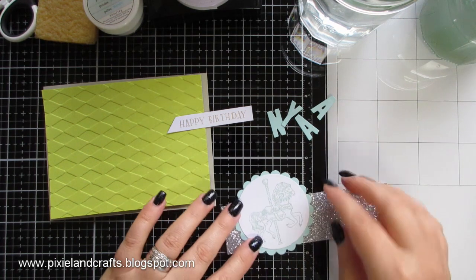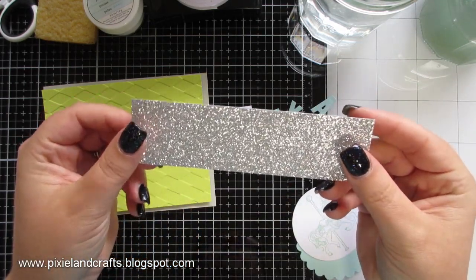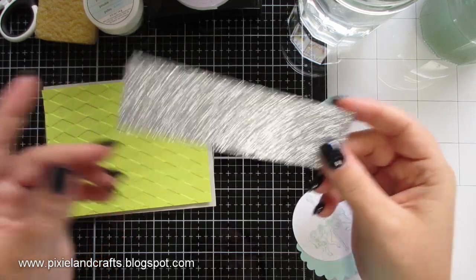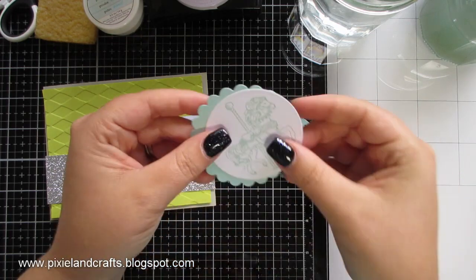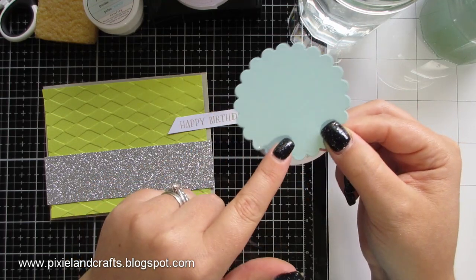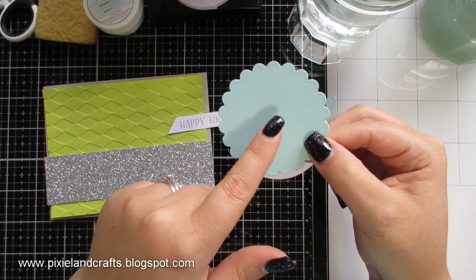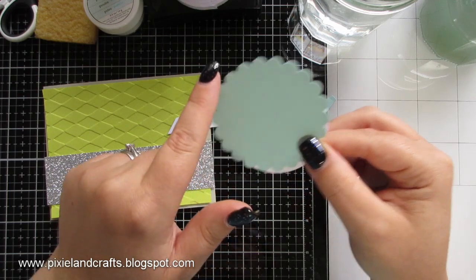I then have a piece of silver glimmer paper, which I've just cut to 5 1/2 by, I think it was 1 1/2 inches, and that will run across the whole front. I then cut, sorry, the letters and this scallop circle were cut in Stampin' Up's Pool Party cardstock, and I used a Spellbinders die